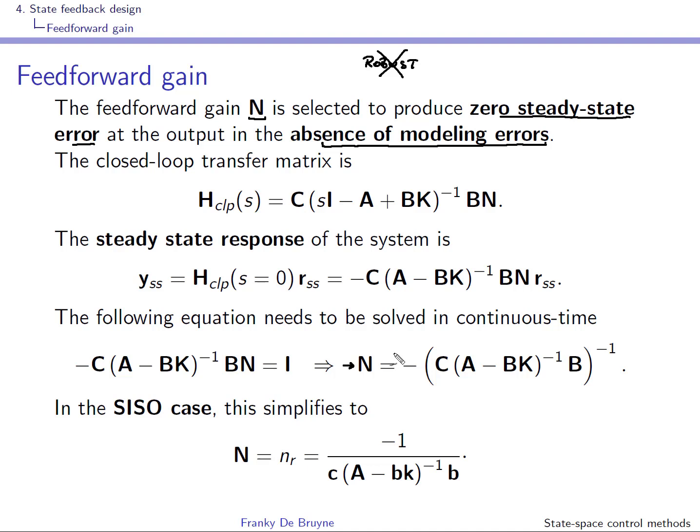As soon as you go away from this working point, your model is not correct anymore, right? And it could therefore be that your feedforward gain n is not exact to produce a zero steady state error. We'll see later in the course that you can produce a zero steady state error by introducing integral action in